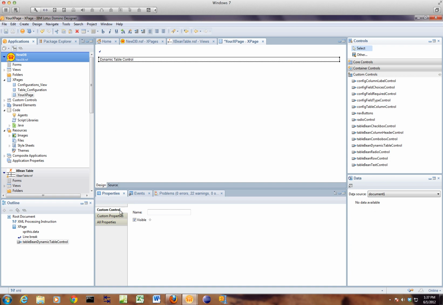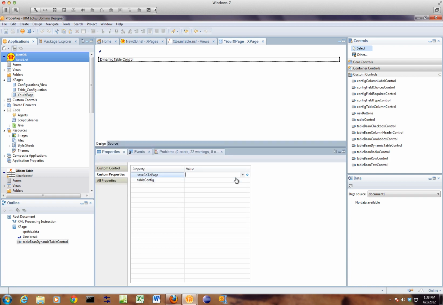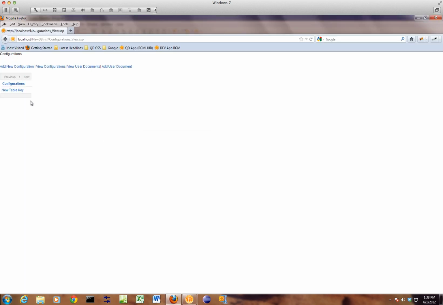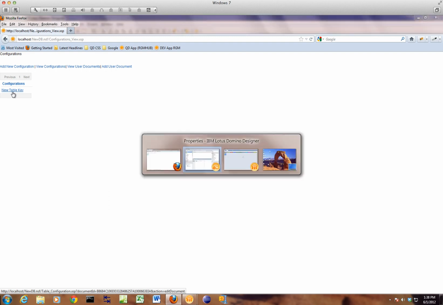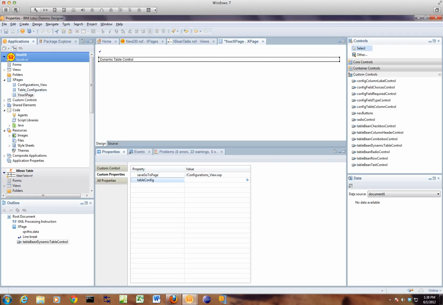Once you drop the control in, all you have to do is set 2 settings. Number 1, you have to tell it what page you're going to go to when the user actually submits the table document. And then number 2, you have to identify the table key. So in this case, we're going to use new table key because that's the value of the key for our configuration document. I'm going to save this